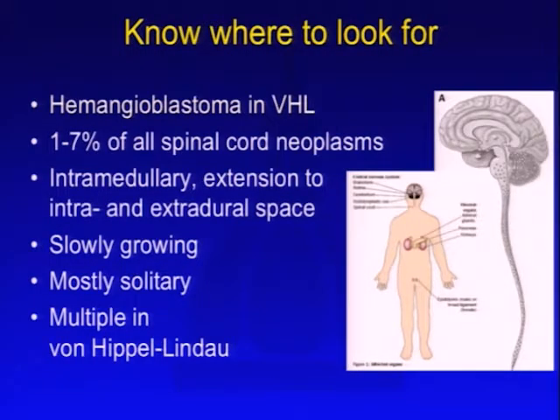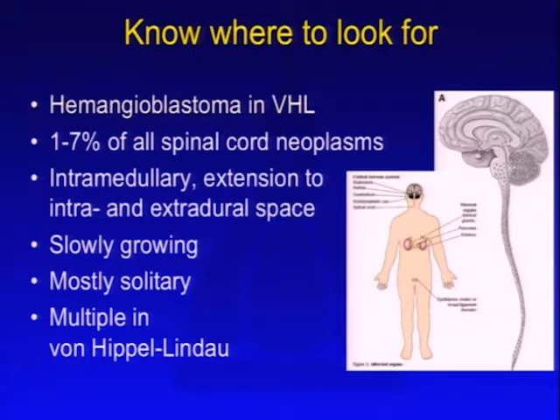And the tumor which you were seeing, of course, was hemangioblastoma in von Hippel-Lindau syndrome, which can be multifocal along the spinal cord, multifocal in the posterior fossa. About 1 to 7% of those spinal cord neoplasias belong to this group. Can be intramedullary, can extend to the intra and extradural space, may hemorrhage inside the spinal cord or also within the subarachnoid space, slowly growing, maybe solitary and multiple in von Hippel-Lindau. Also that first dog, pretty dog, that was also a hemangioblastoma, and all those vessels were because